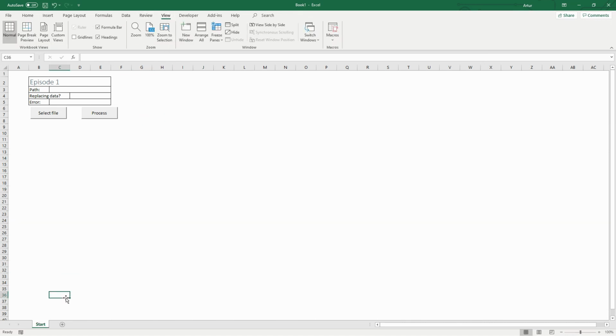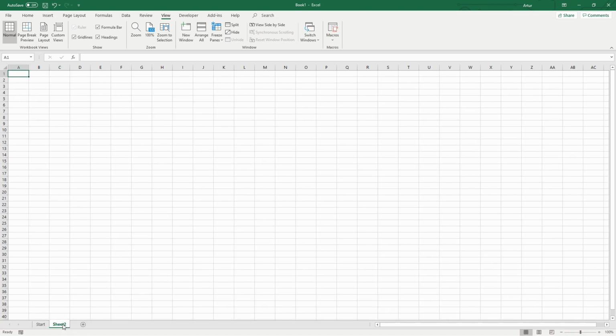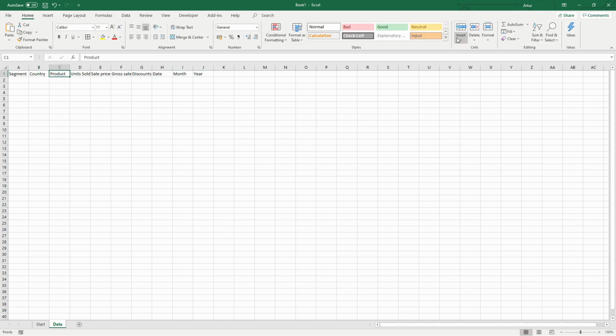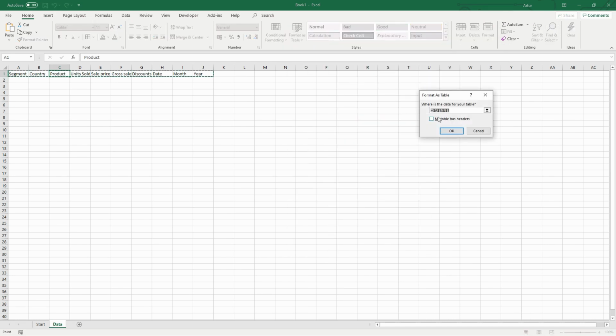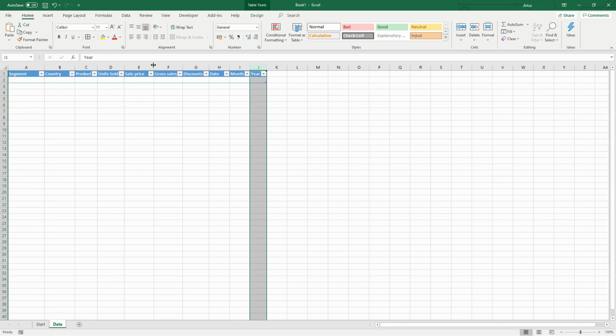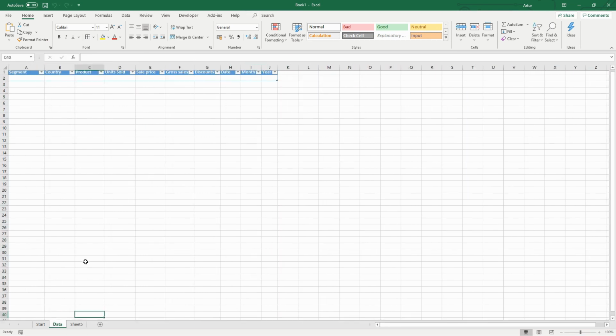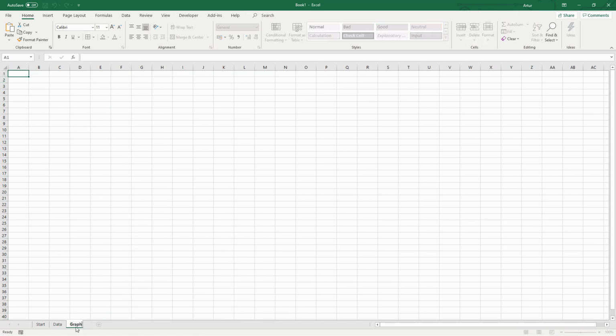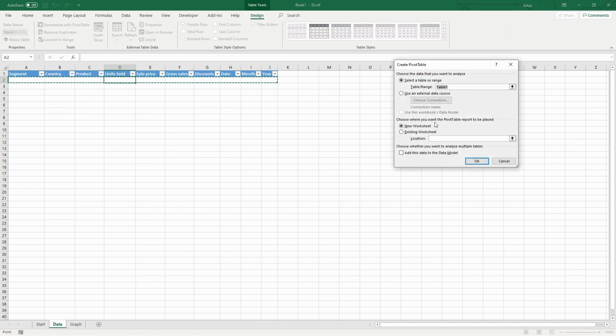We change its name to Data. Then we create a table based on our financial report. Last but not least, we create a sheet named Graph, in which we design the pivot table.